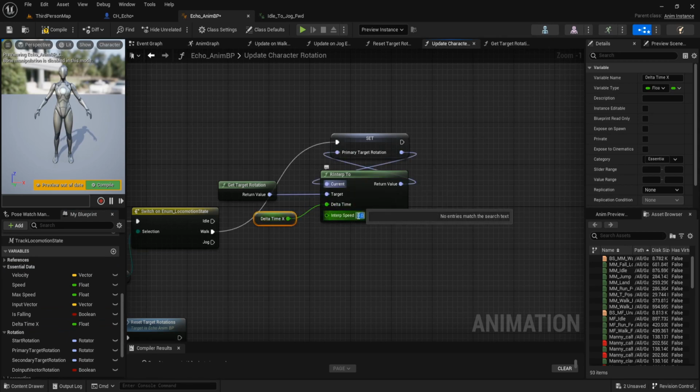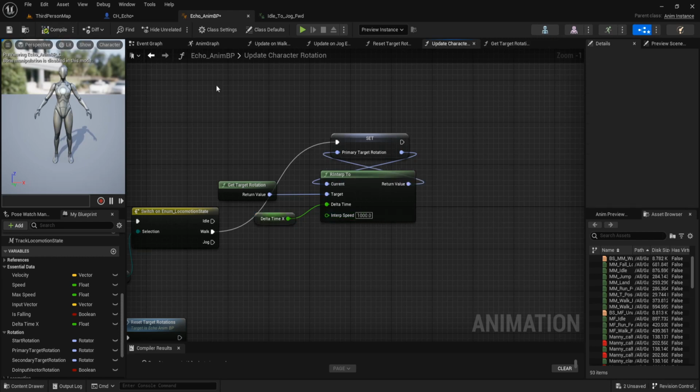The interp speed is 1000. Can compile it first.